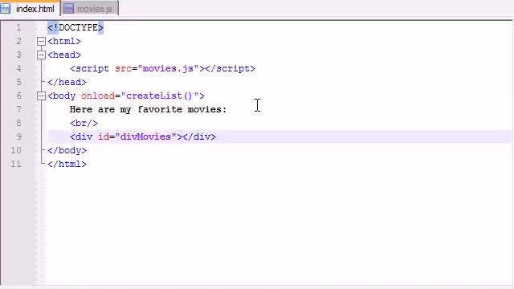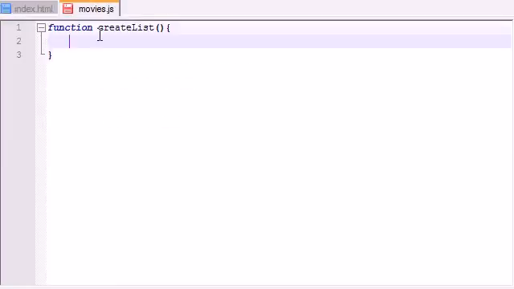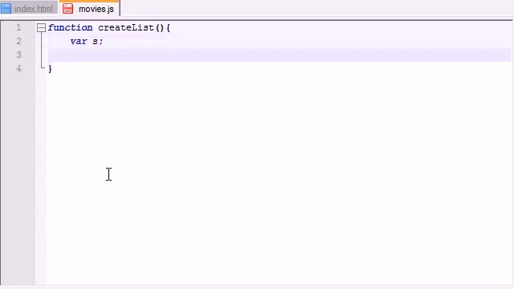So let me go ahead and, I guess inside this div we can just put an unordered list of my movies. So let's go ahead and, since we're going to have a big list, make a variable s, which will stand for string. You can name it anything you want. And s is just going to be equal to, and this is going to be a really simple function. Just go ahead and put